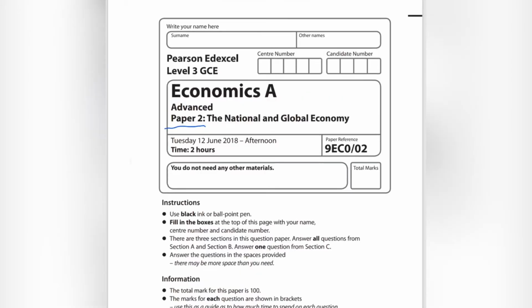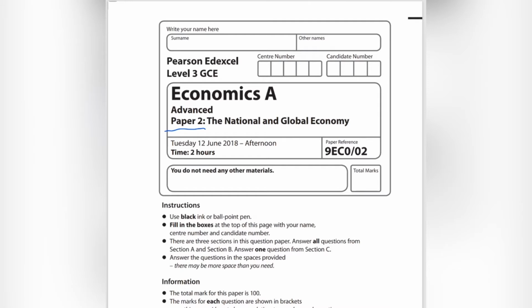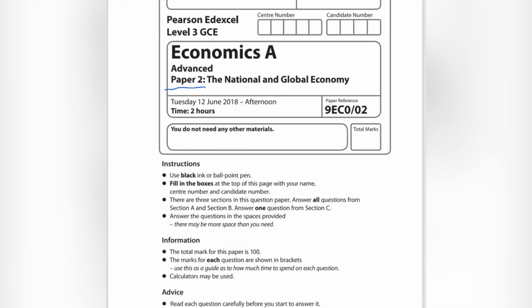So I'm going to go through section A, which is the shorter style questions, and go through explanations of why some of the points are incorrect, as well as why the answers are correct. And hopefully you find it useful. So without further ado,